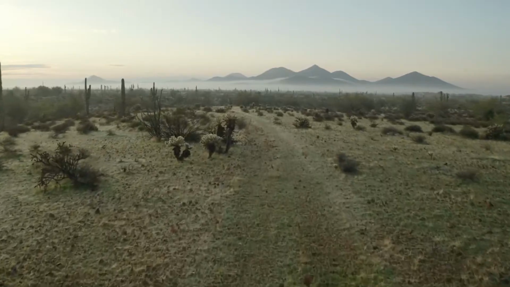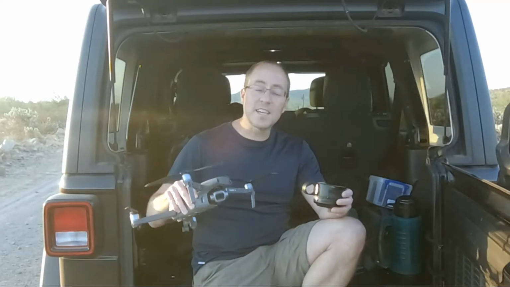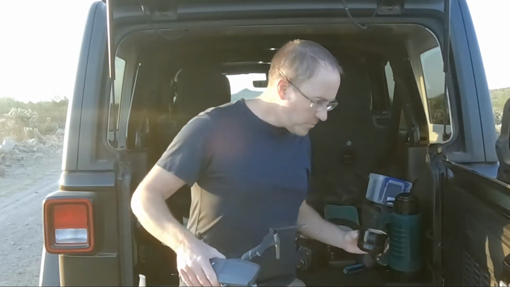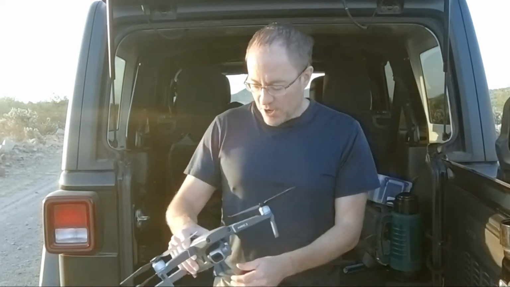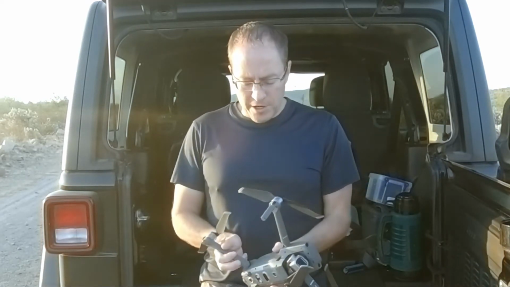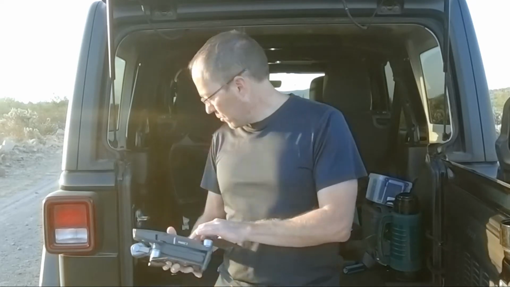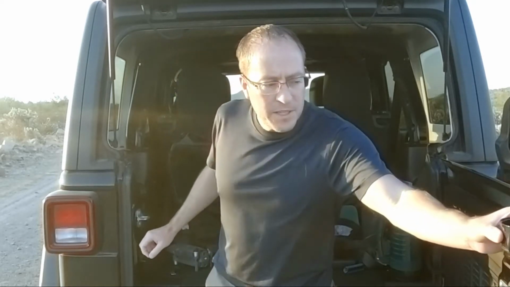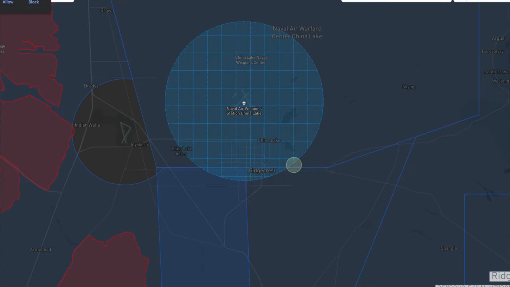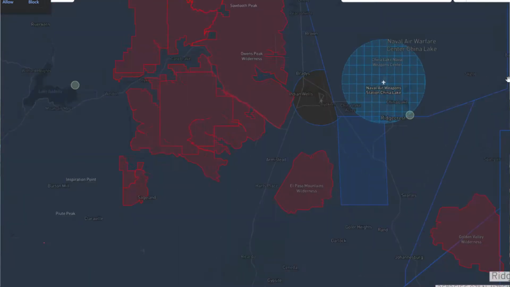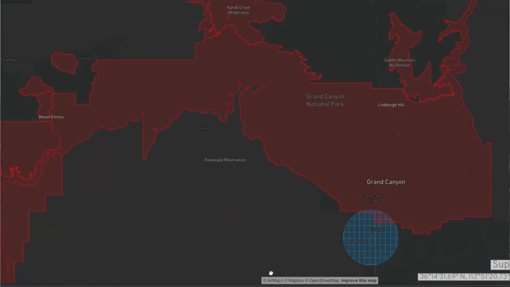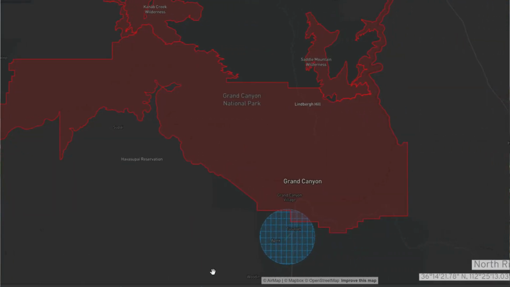So I would say before you even let this thing take off and take those photographs, you need to check to see if you can legally fly. So I use an app called AirMap. AirMap will let you see where you're at and also alert you if there's any flight restrictions. Places where there's definitely going to be flight restrictions are, of course, around airports, around any military or government installation. All national parks are also off limits as well. And then also you need to look out for wilderness areas.